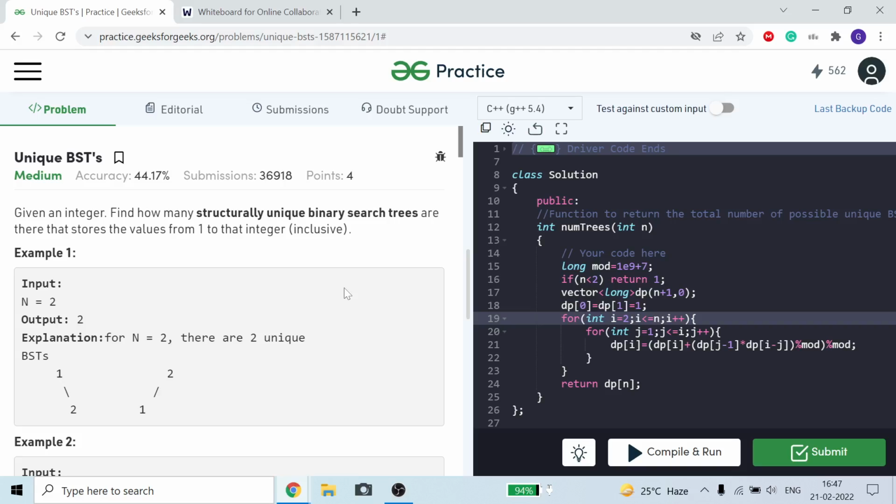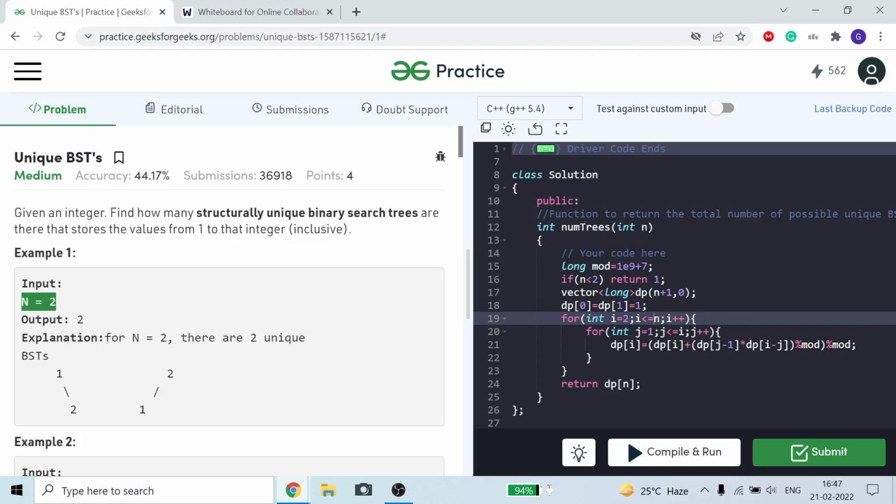Today we are going to discuss this Unique BST problem of GFG. In this problem, we are given an integer n and we have to find how many structurally unique binary search trees we can form which store values from 1 to n. Like for n is equal to 2, with nodes of value 1 and 2,